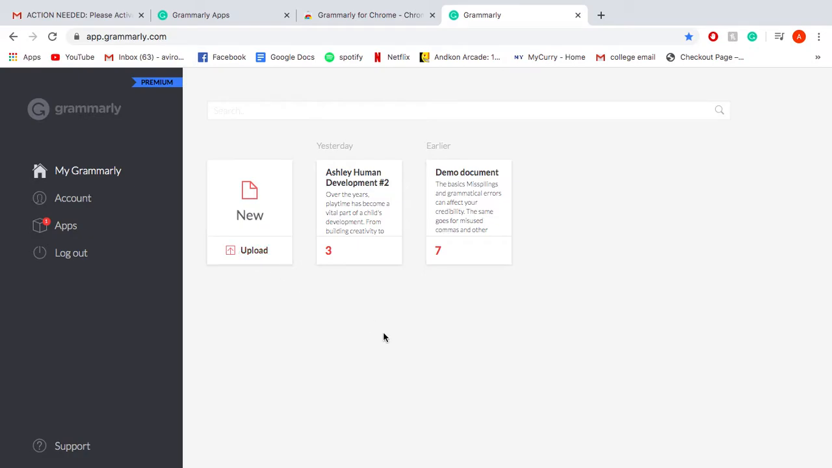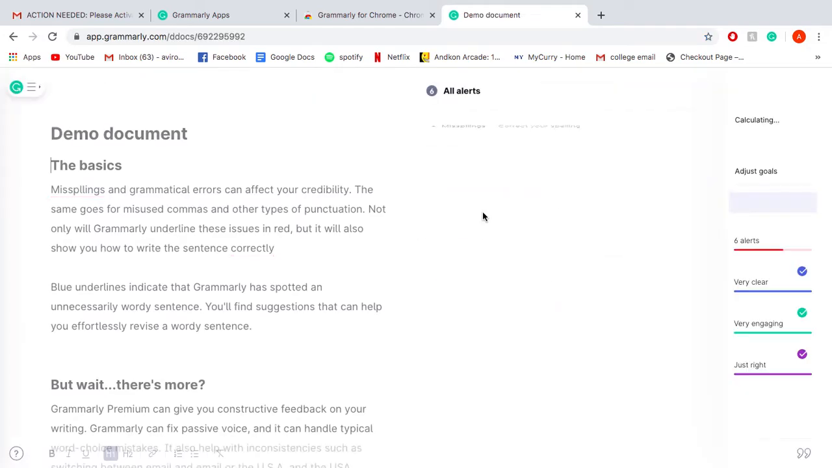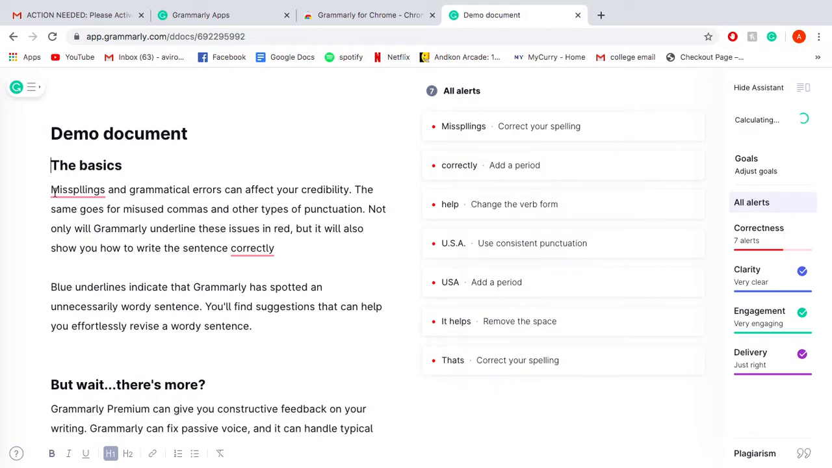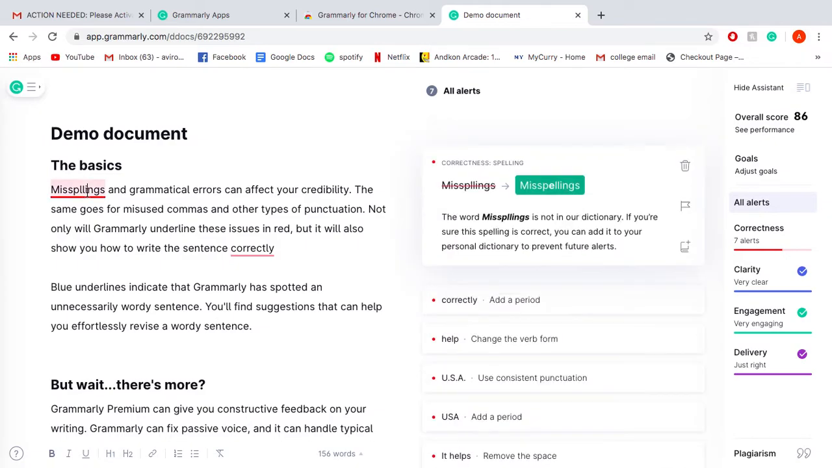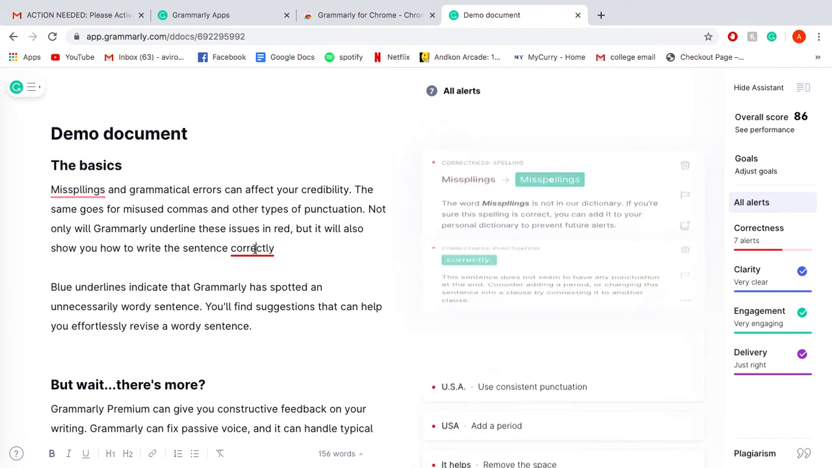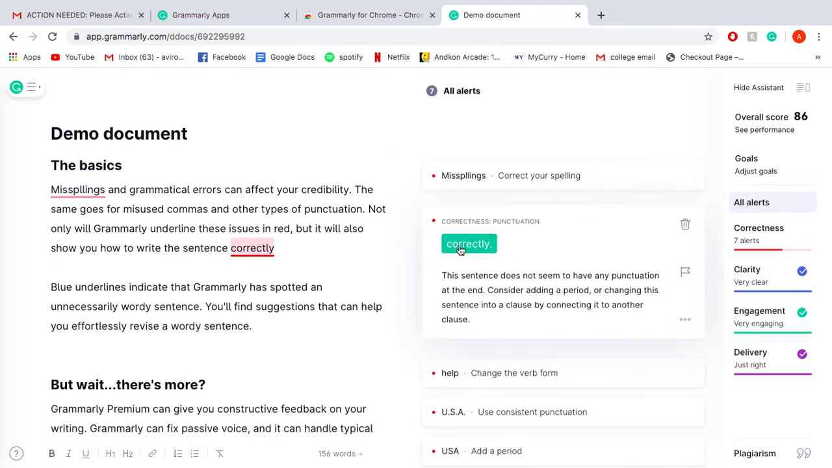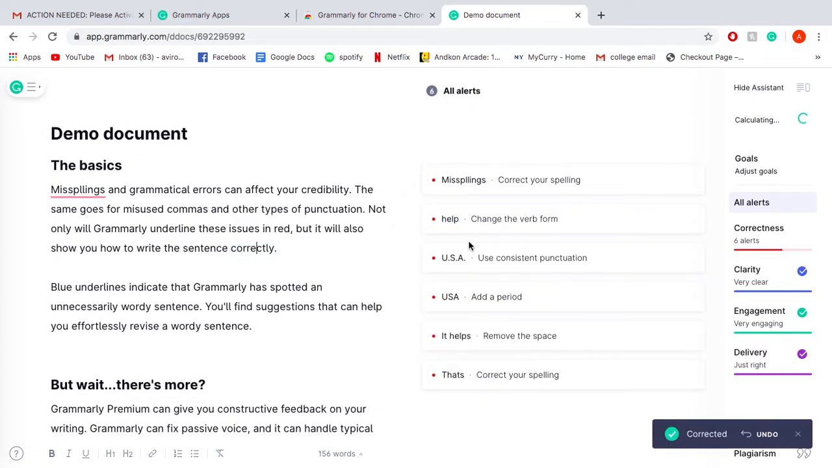This is where you can edit papers within Grammarly, and you can upload them, and so this is just like a demo one. So everything underlined are things that are either misspelled or need corrections. So like misspelled is misspelled. So what you do is you go over here, you can hover on it or click on it, and it'll show you the correction in green,